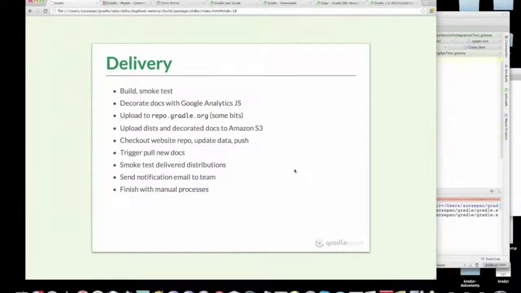So our delivery and release does various things, including the building and smoke testing and various decoration, uploading the documentation and binaries to the correct places. There is a little bit of a manual process by the end. Because, for example, we want to use